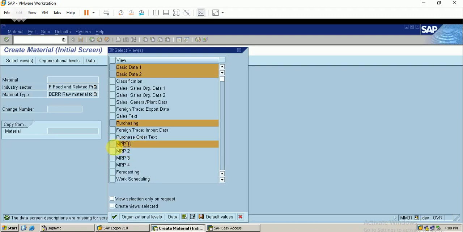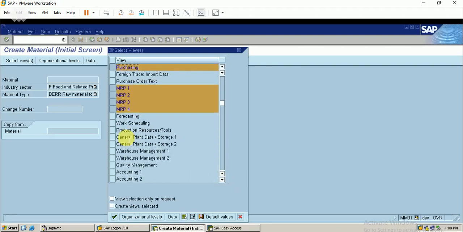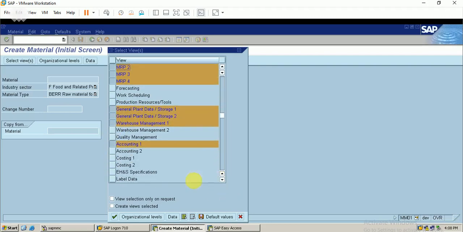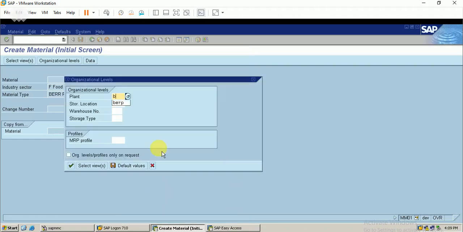But additionally, I'm selecting the additional views such as MRP 1, 2, 3, and 4. So these 4 views I have included extra in this example. The remainings are same. So click on this. Click on organization levels. Click on enter.